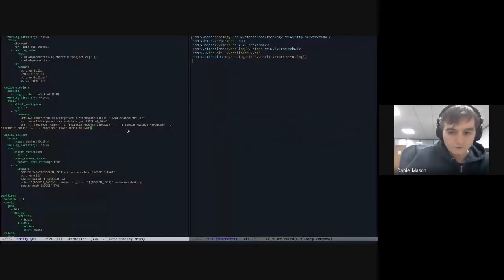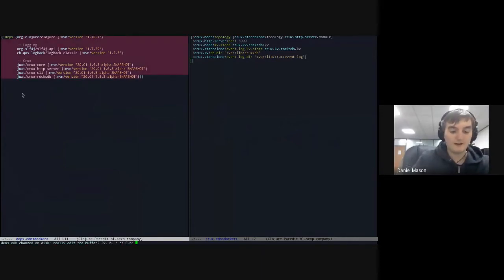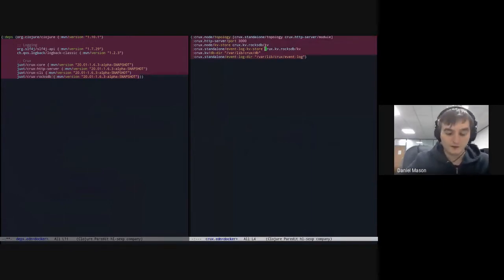Here we go. Right. So in the deps.eden, I want to add rocksdb to this rather than using an in-memory KV store. So in the deps.eden, if I add a dependency to rocksdb, and I change, and also in here, I think this needs to be reloaded. Yep. So if I change that to rocksdb,